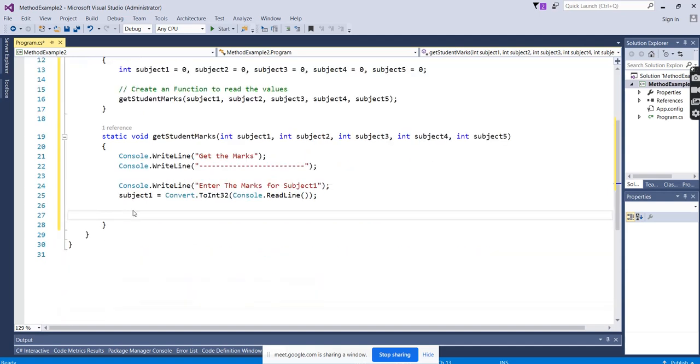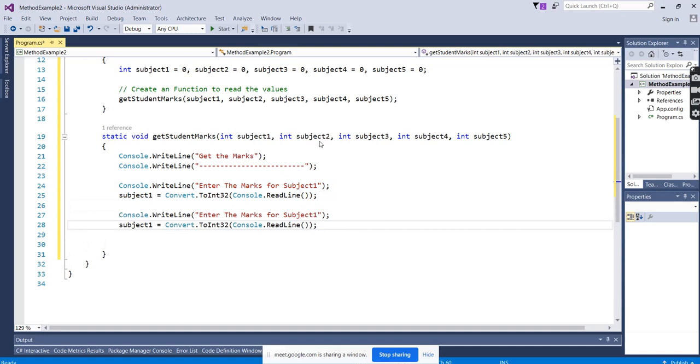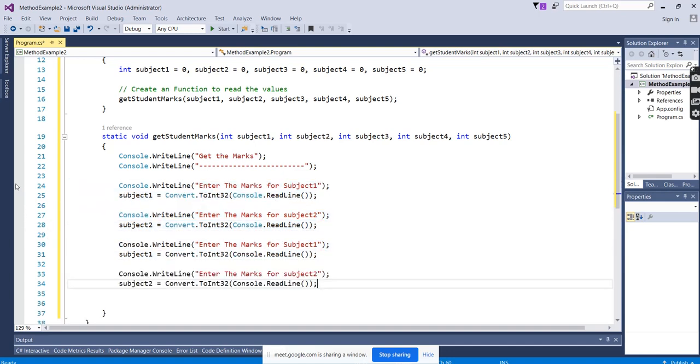We'll move a little bit quicker. Just copy and paste. We'll change the variable names: subject 1, subject 2. So what we're doing here, we are reading the values from the user's input.